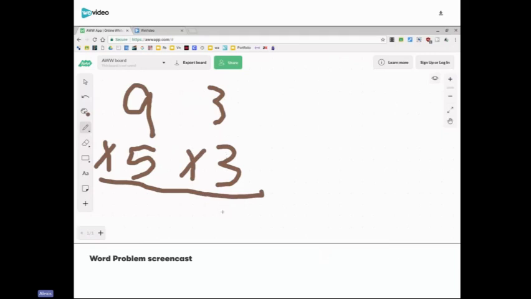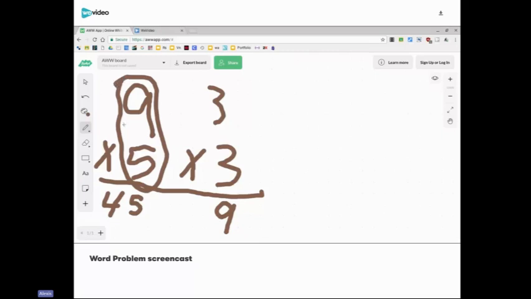3 times 3 is 9. And 9 times 5 is 45. Since you want to find out how many more there is of this, you're going to want to subtract more of this than that. You're going to want to subtract this. And 45 minus 9